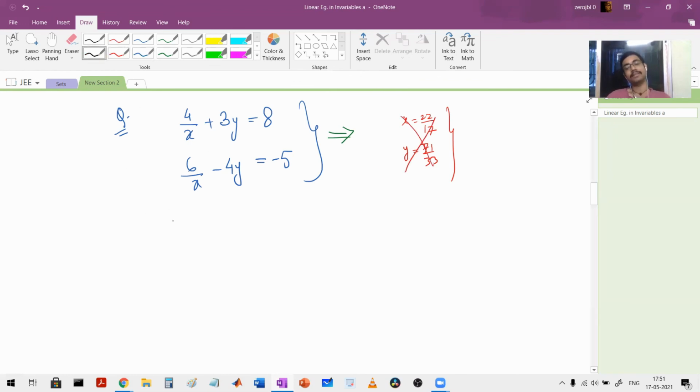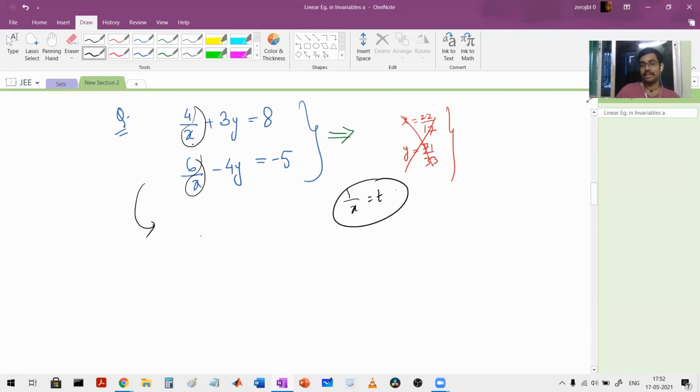Let me do this for you. This kind of questions will be very common. So just see the method and I think you will get it very easily. So if you try to multiply this x here and there, you will get into big mess, simply because of the fact that you will get xy on one side, and which is not desirable at all. So we see one thing, that here 1 by x and 1 by x forms a variable. Why not assume 1 by x to be some other variable?